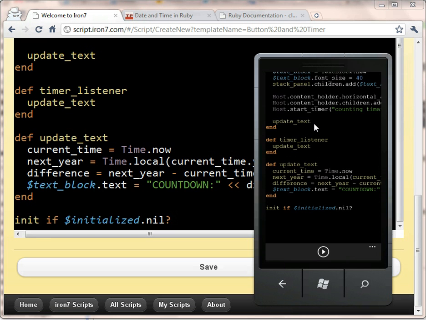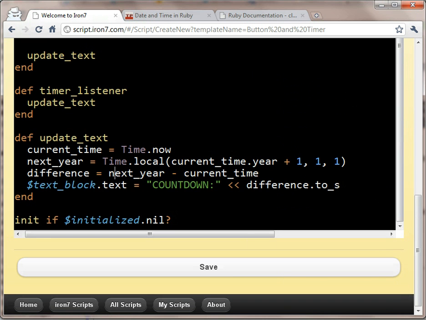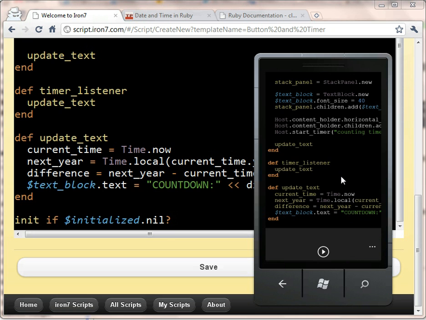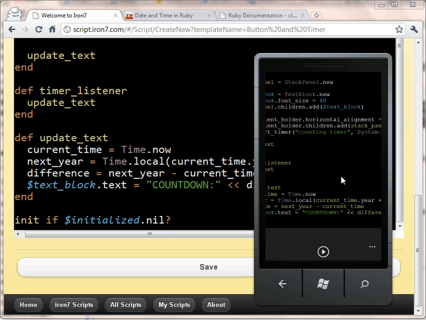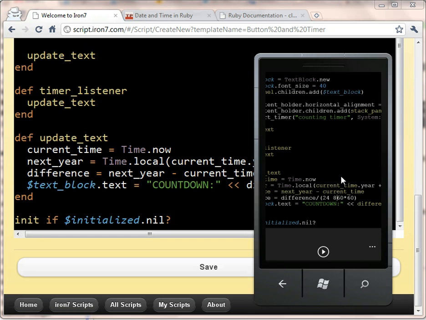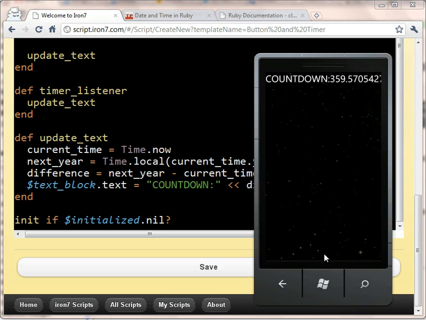So we want to come back. We could edit it again on the browser, but let's, for this demo, just edit it on the phone. I am cheating a little bit by using the PC keyboard on the emulator, but you could use the on-screen keyboard if you prefer. So let's take difference equals difference divided by 365. No, we want number of days, so the number of seconds in a day is 24 times 60 times 60. I missed the thing. So there, that should now give us, working on the phone, a countdown in terms of